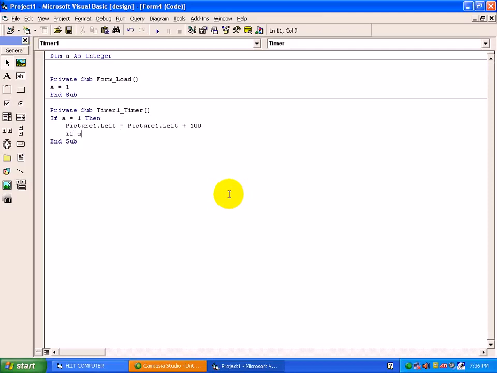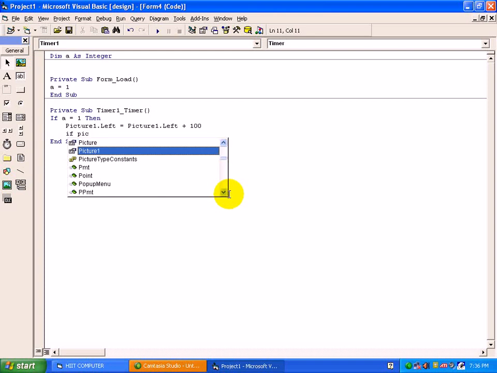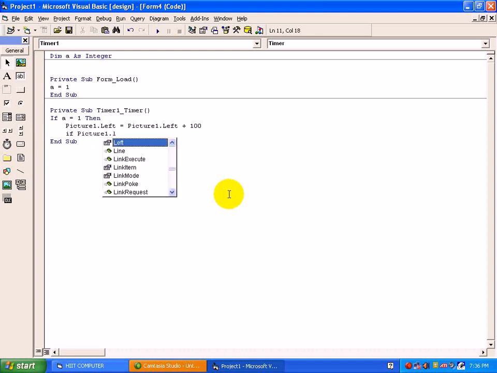But suppose if picture1.left is greater than or equal to 8000, when it reaches the 8000 position after adding 100 each second, then we have to change the value of a to 2. See, a nested if example also covers here.